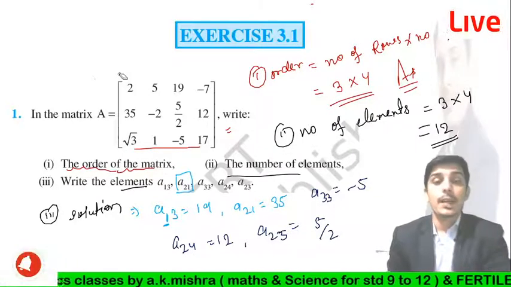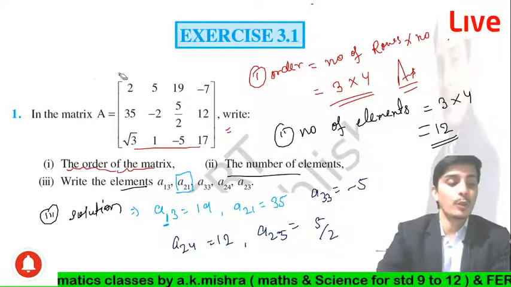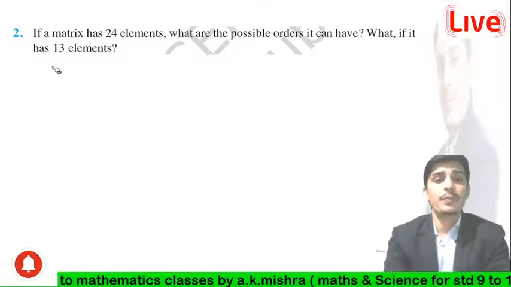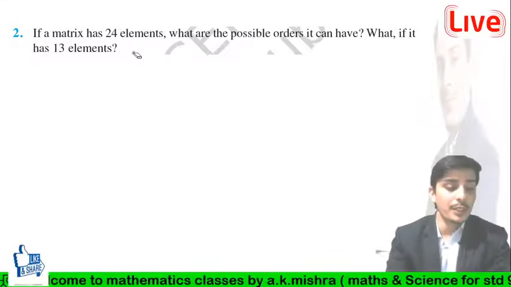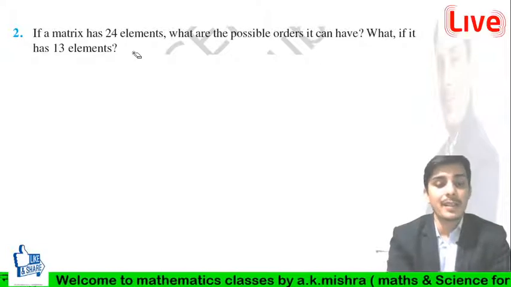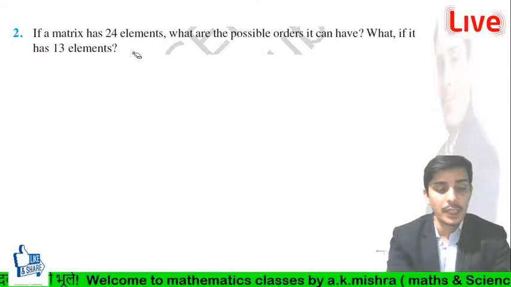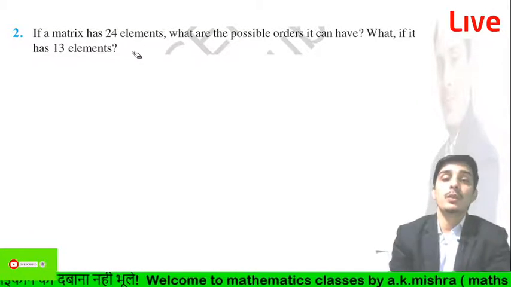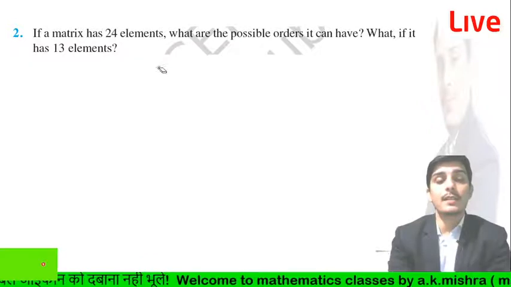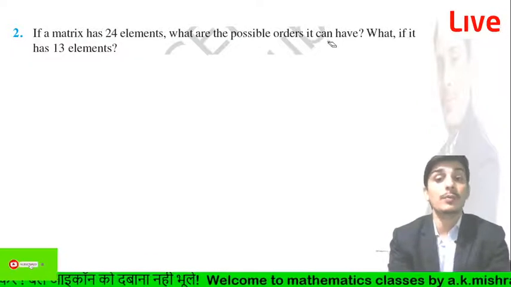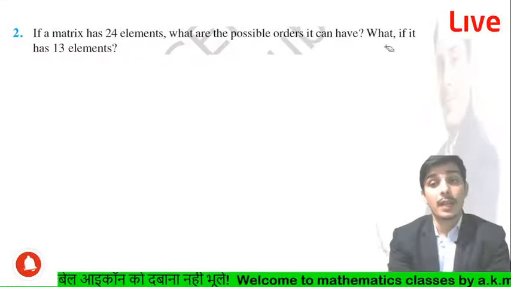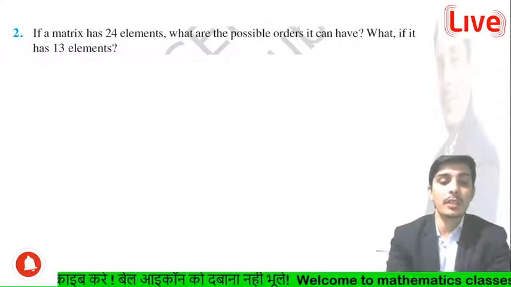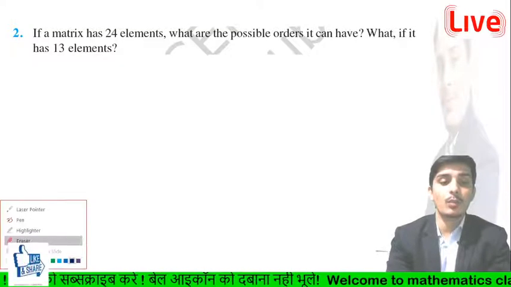Okay. Another question, now I am going to solve the second question. Second question is, if a matrix has 24 elements, what are the possible orders it can have, and what if it has 13 elements? So this is very simple, guys. We know that